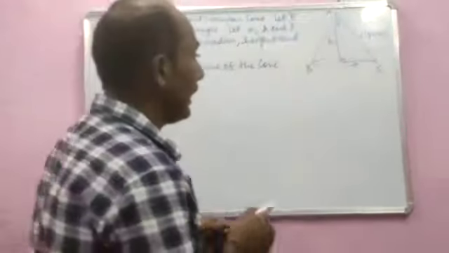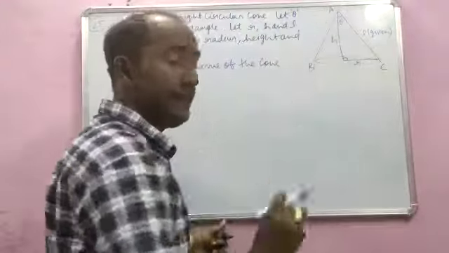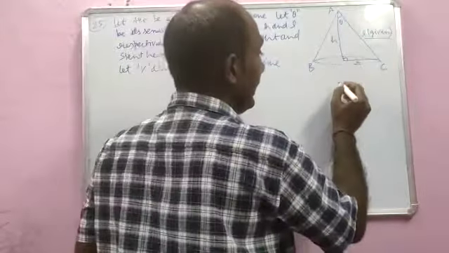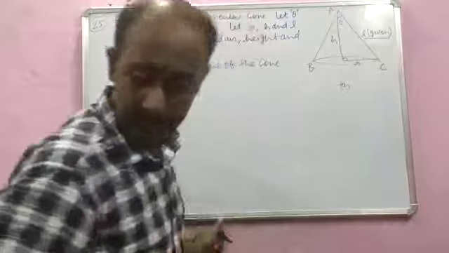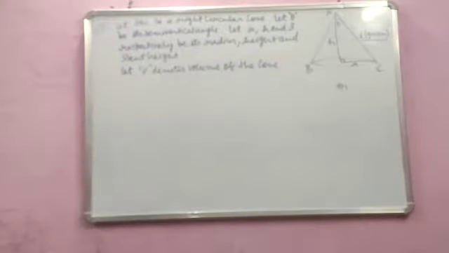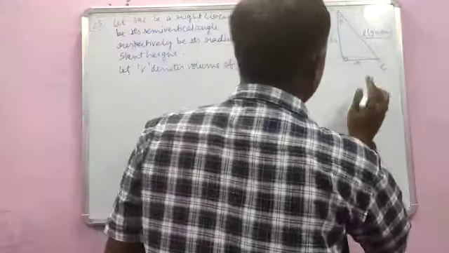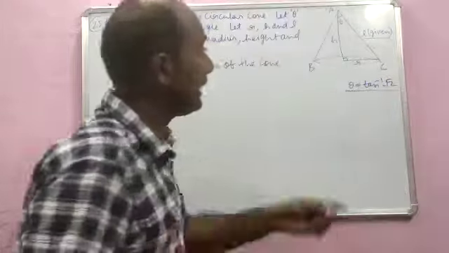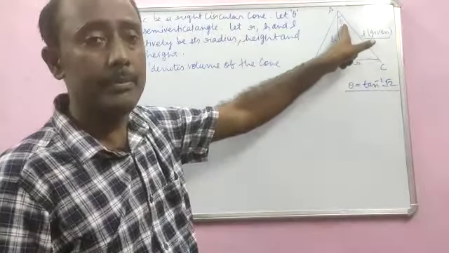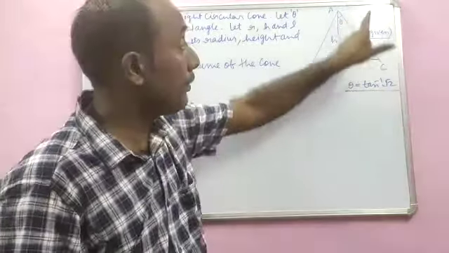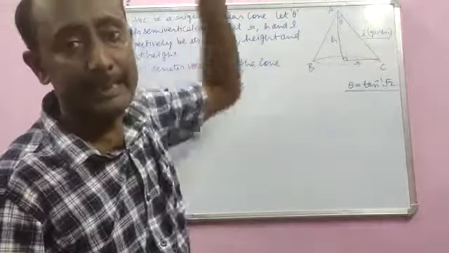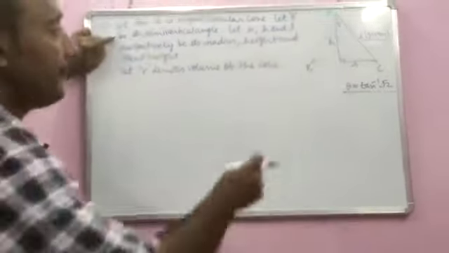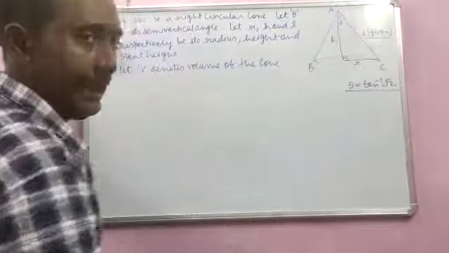So we have to show that if theta is the semi-vertical angle of a cone and L is the slant height which is given, then in that case the semi-vertical angle, this theta, is equal to tan inverse root 2. We have to show that the value of this semi-vertical angle is tan inverse root 2 provided that the volume is maximum. So for this case, first we will explain the diagram which we have drawn.